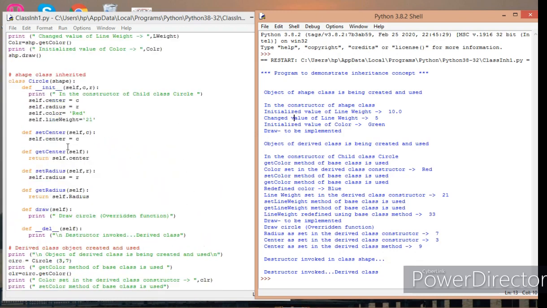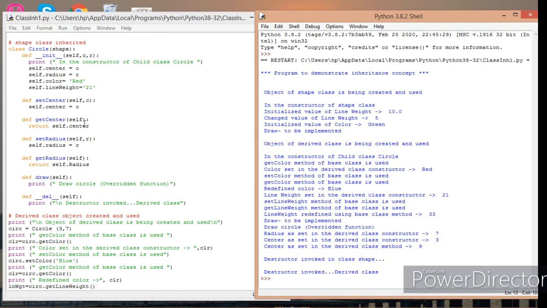When this particular object circ is created, this constructor is invoked and this 3 and 7 are passed on to C and R respectively. So what is 3? 3 is the center, and C is initialized to the center instance variable corresponding to the object circ, and radius, that is again an instance variable of the object circ, is initialized to R. What is the value of R?